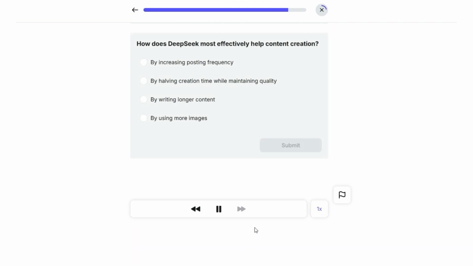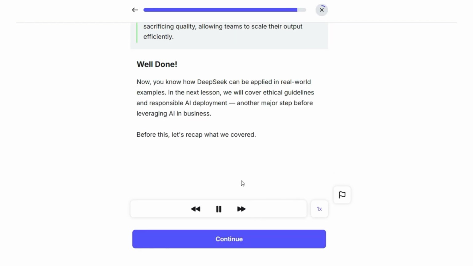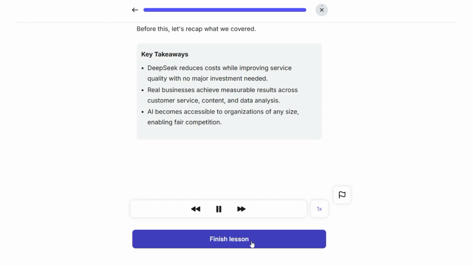How does DeepSeek most effectively help content creation? Well done! Now you know how DeepSeek can be applied in real key takeaways. DeepSeek reduces costs while improving service quality with no major investment needed. Real businesses achieve measurable results across